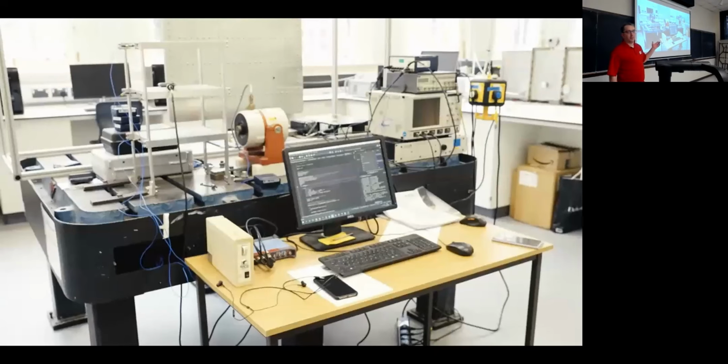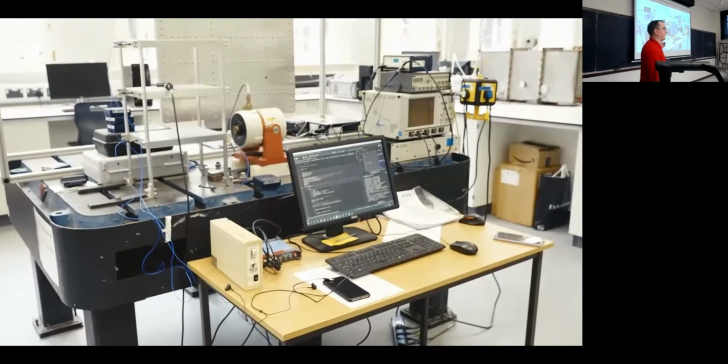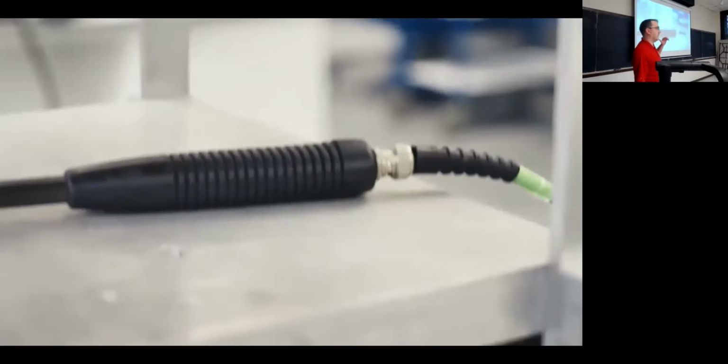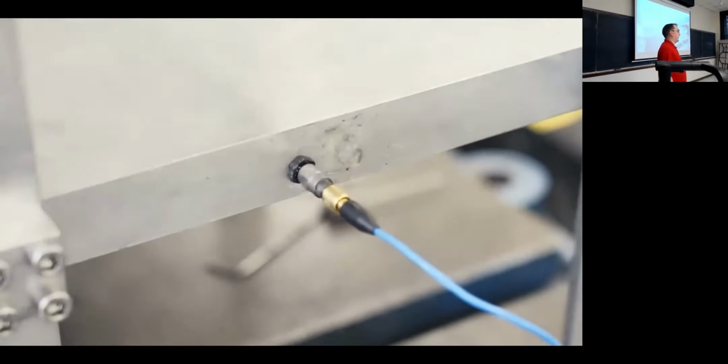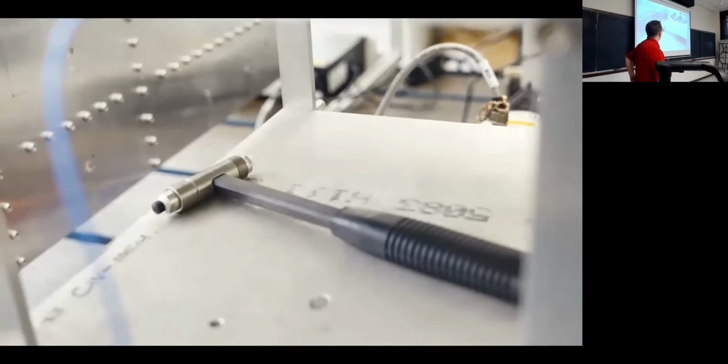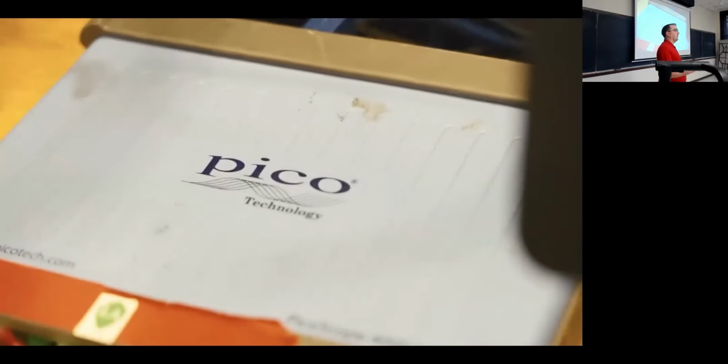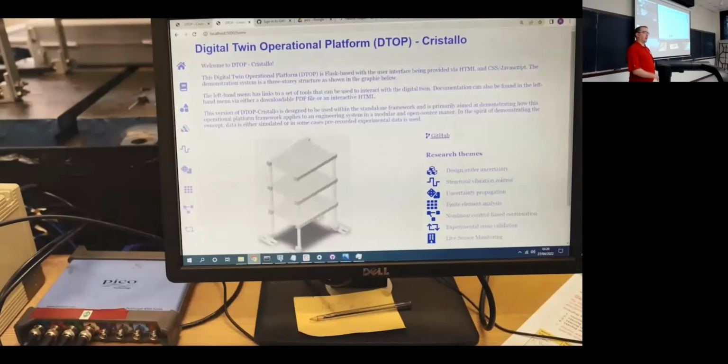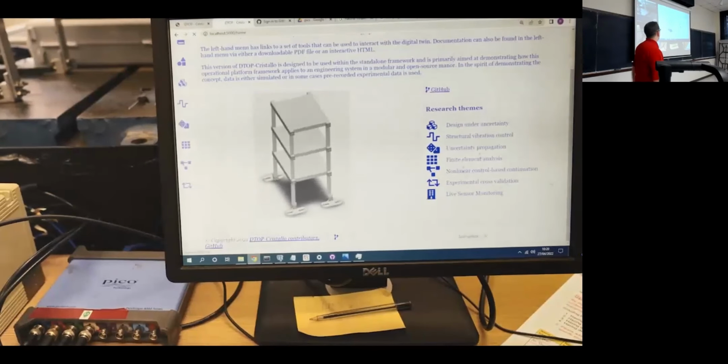So this is a video a student of mine made. Luckily, this one doesn't have a bunch of sound going on. And this is our initial attempt at doing IoT and actual physical connection to the system. So what we have here is our 3-degree freedom system. It's hooked up with 6 accelerometers, and we're going to impact it with a hammer in order to create dynamic motion.